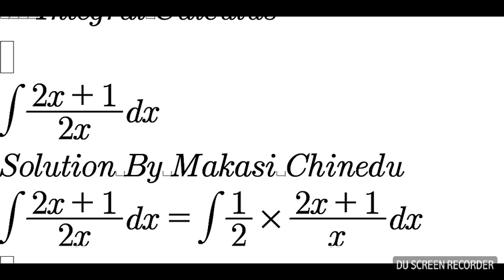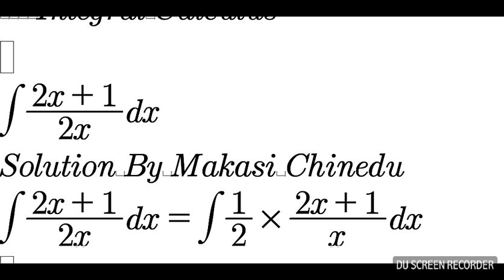At this point, I rewrite the expression in another form. They are still the same thing. The original expression, integral of (2x plus 1) over 2x dx, is equal to the integral of 1 over 2 times (2x